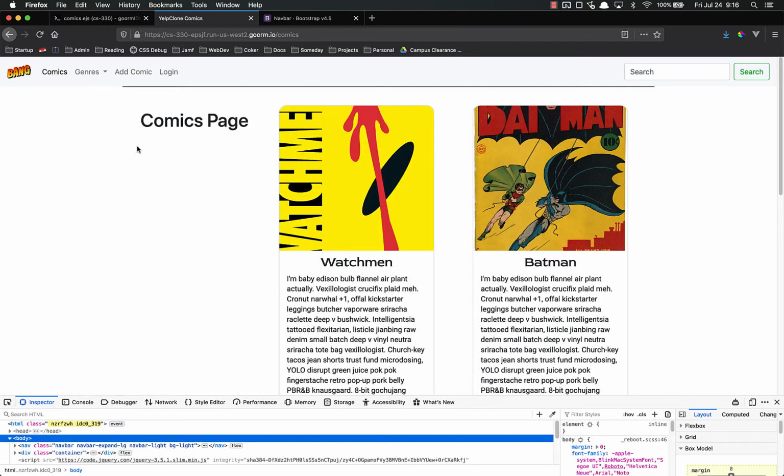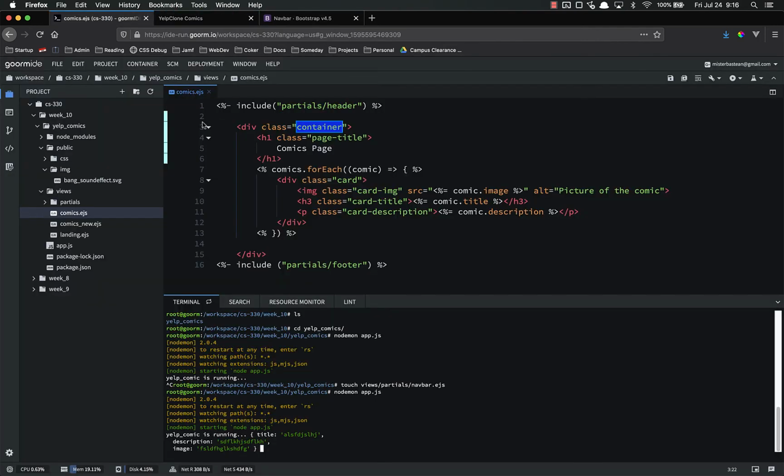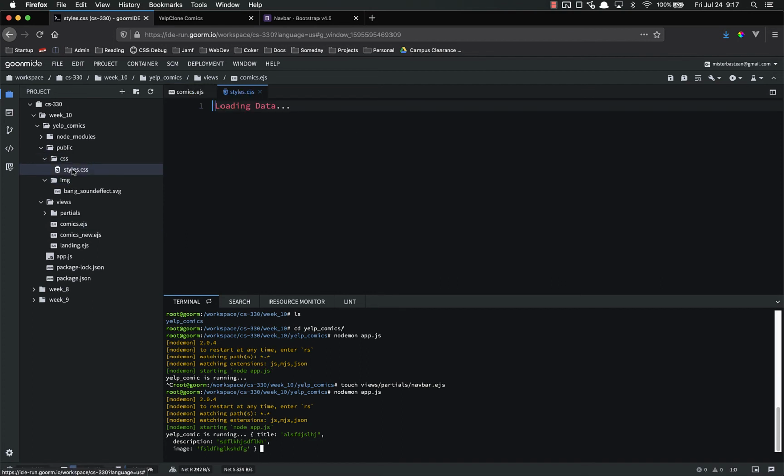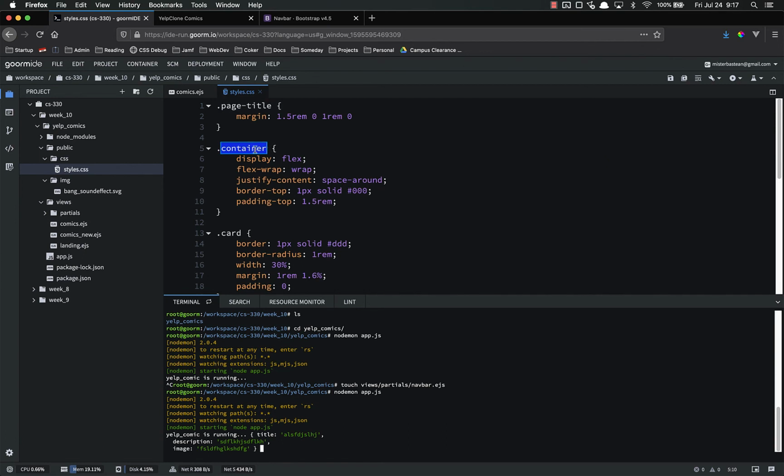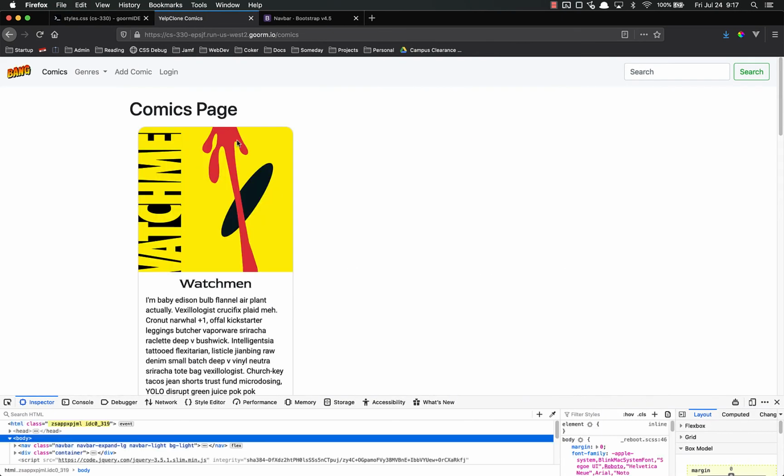So as I refresh, now this is in here. It's a little jacked up now, obviously. And the reason that it's jacked up like that is because I am also in my CSS using .container. See right here? And that is overriding the Bootstrap. So we don't want that. So we'll change this to comics container. And again, I did this on purpose because I wanted to show you that your CSS class names matter, especially when you're dealing with third-party libraries. So we're going to change that to comics container, and that will start to fix the issue, but now our